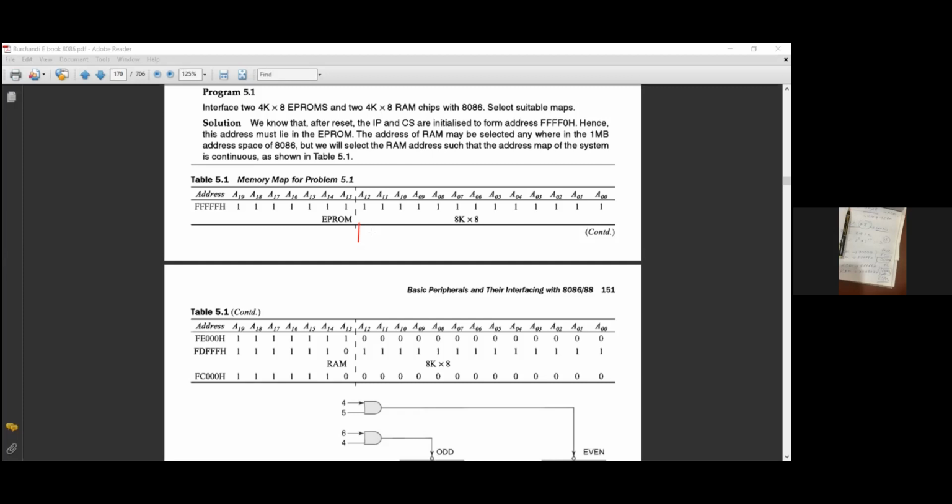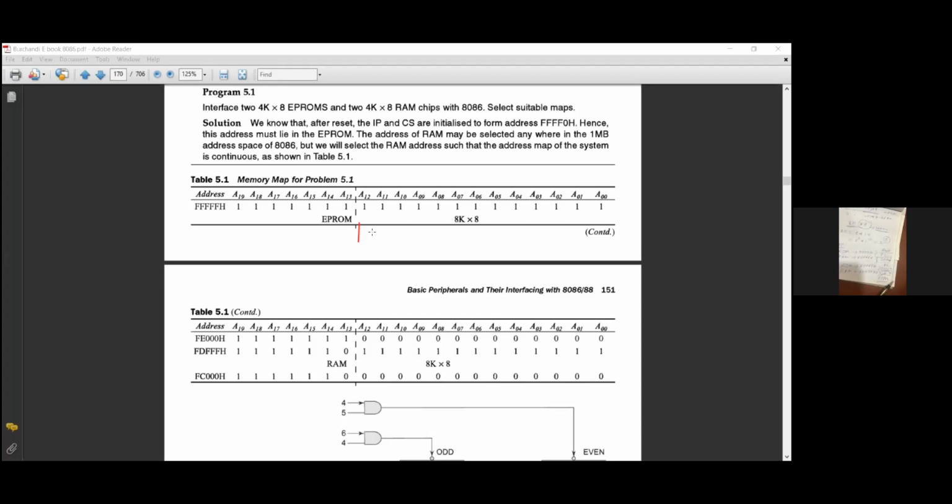So it is compulsory that ROM should be there. So just see, it is FFFFFH to FE000H, converted into hexadecimal. For RAM, you just subtract 1. As no memory location is given, you can start from 00000H. As there is no memory location given, you can do anything, but ROM should be within this, starting from FFFFFH. After that RAM starts.